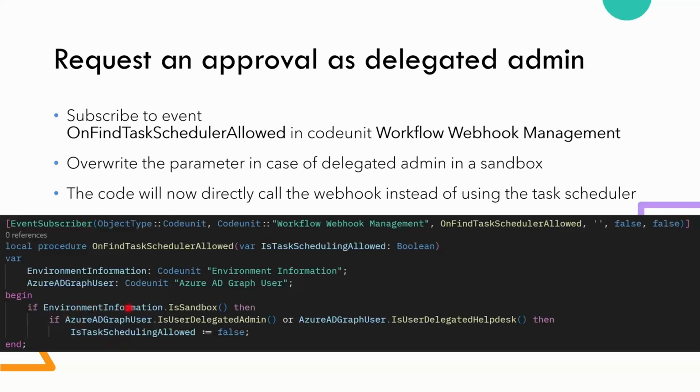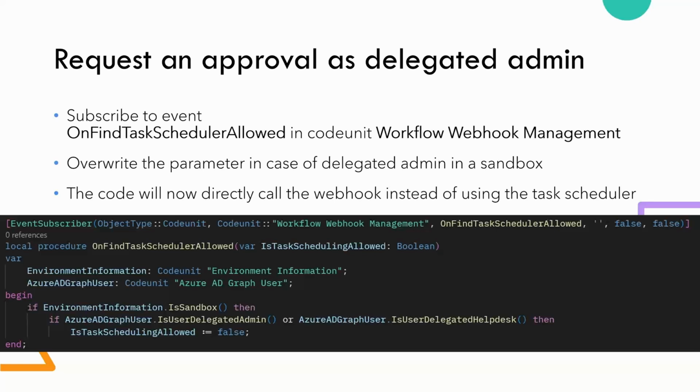So what I do here is if the environment is sandbox, and the user is a delegated admin or a delegated help desk, then I say task scheduling allowed is false. Well, wasn't that what the message said? Yes, but the code behind will not even try the task scheduler in that case, and it will instead send out the approval request straight from the current user session, which makes all the sense.